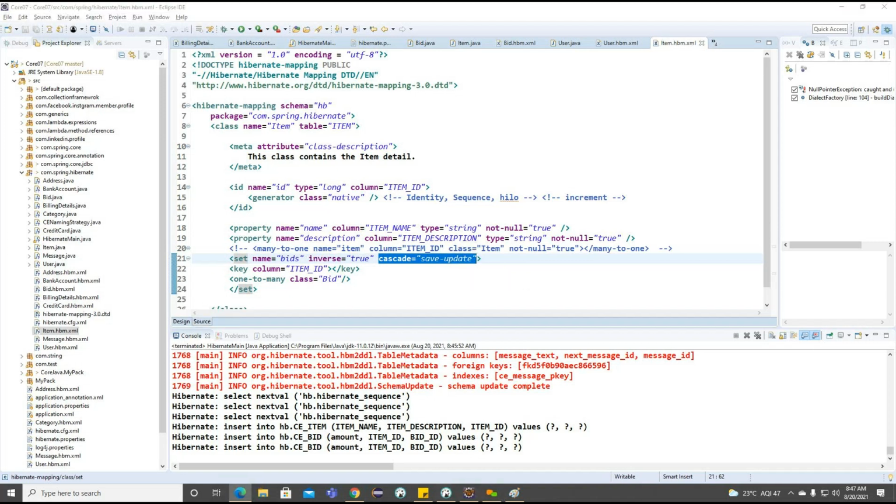We need to understand this whenever we work on bidirectional relationships with the help of inverse and cascade here. Okay. So any questions regarding many to one and one to many with the help of inverse and cascade? We identified some examples here.